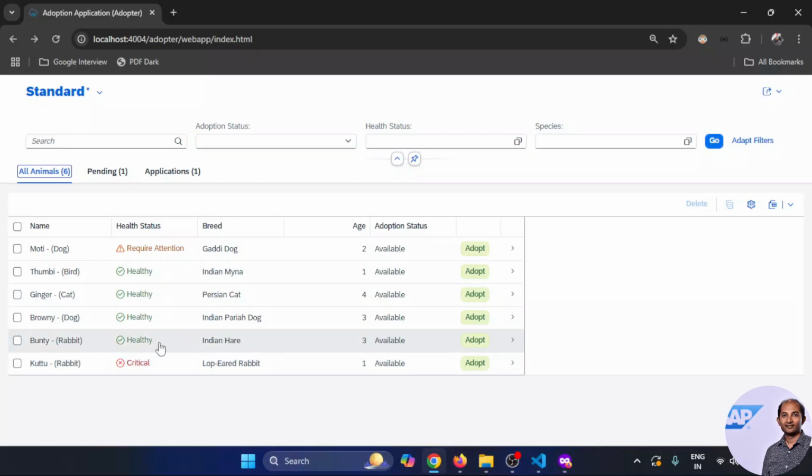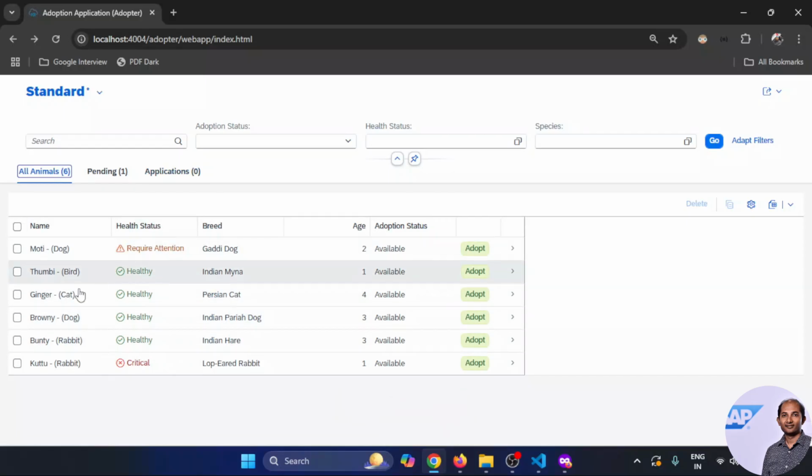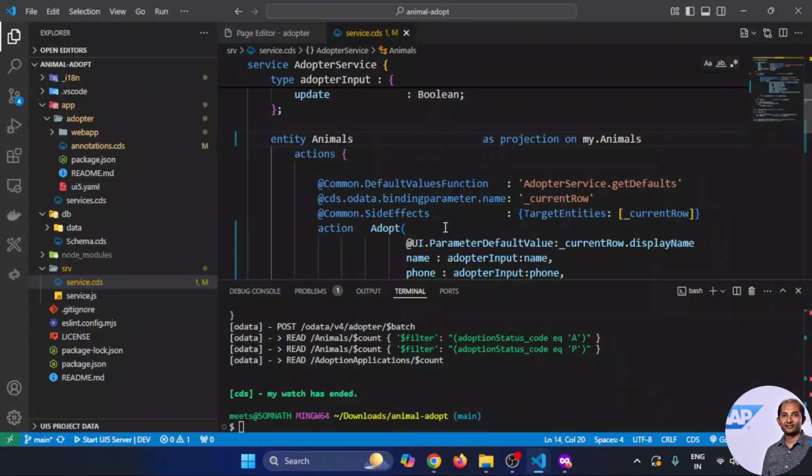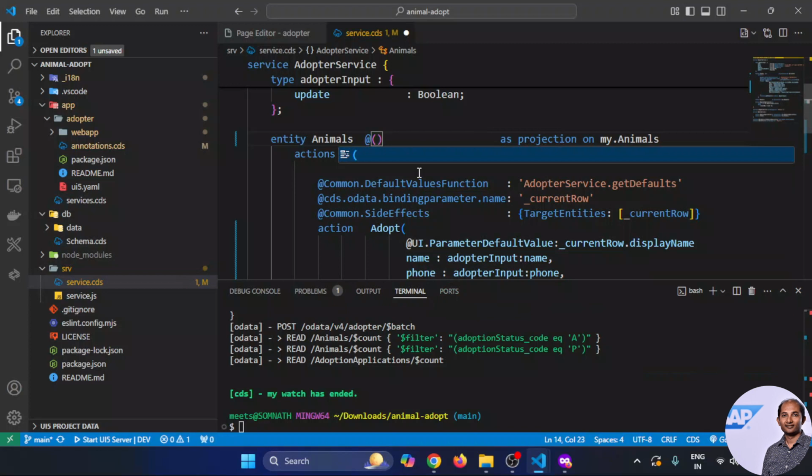Maybe the admin will have a provision that's separate, but an end user is not supposed to delete the master record. They can delete their own application, which is absolutely fine. So let's write some authorization code now in our model, and let's see with the service definition how we can tackle it. Now, to control that behavior, we can add some restriction over here under the animal entity,